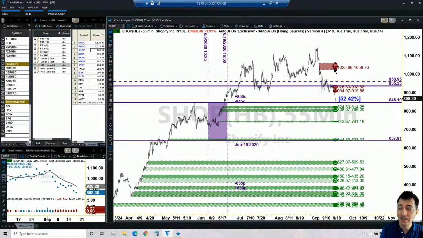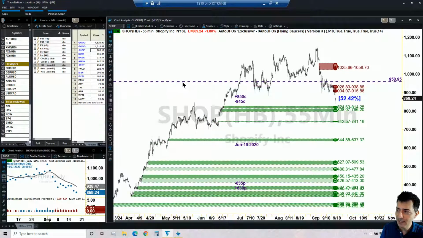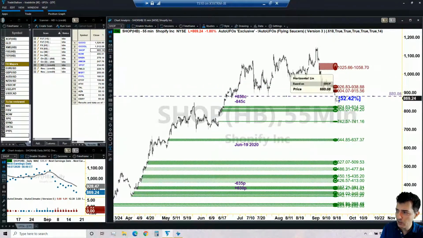We need at least 2 UFOs above and at least 2 UFOs below, and we do have multiple UFOs both above and below. Therefore, we do have an opportunity to put together a trade on Shopify and see if the rules are met, and therefore it's okay for us to execute or not. So I'm doing a little bit of cleaning, okay? So we can do this trade.